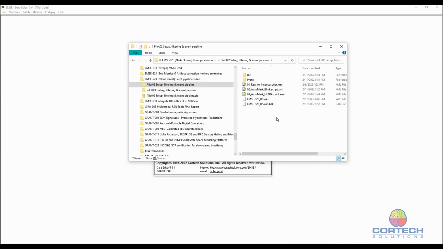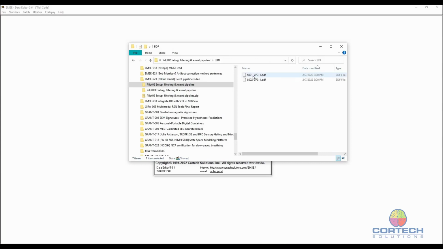Okay, so I put the two BDF files that you and Lloyd recorded, and I just named them a little bit differently. As you'll see, we'll be using some scripts, and in the scripts we'll be using subject or participant IDs and experiment IDs. So I just gave them this name. The other thing I did with it is I